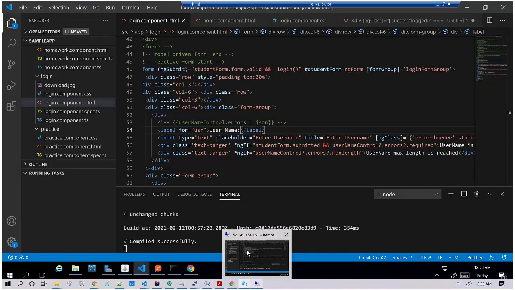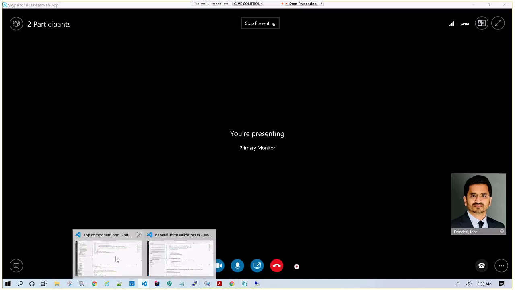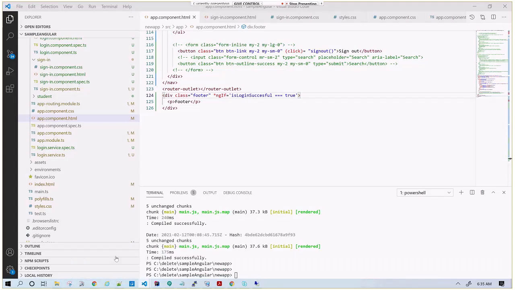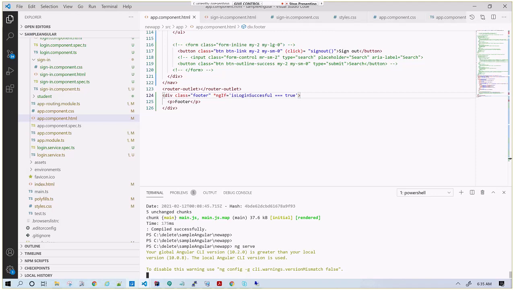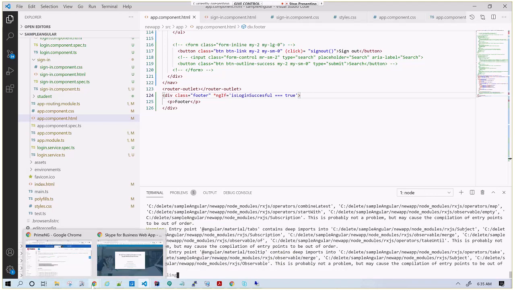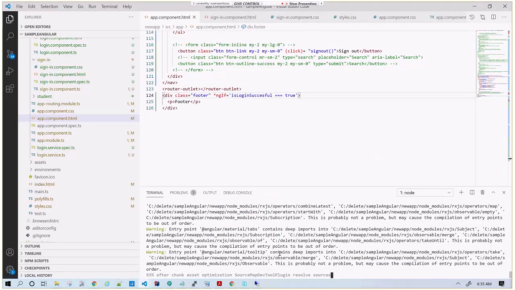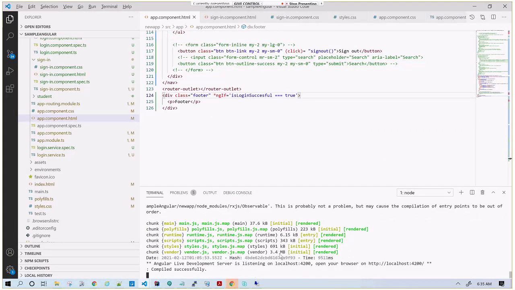So the next one is from Bootstrap. I have created a simple page. I'll show you first the simple page. It has a header and footer I have added, and in between the header and footer I am just placing my page content.